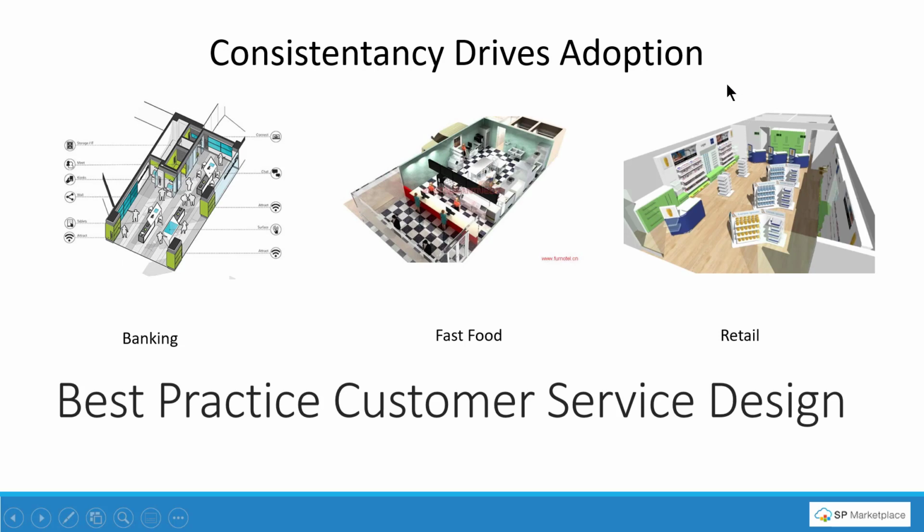Now, one of the things that we have found, and we've been doing this for 7 years and have over 1,000 accounts running our products out there, is we found that the core kind of secret to adoption is making things consistent. And if you look at it, a lot of what we're trying to do is provide products that are for end users, and we want them to adopt it. Well, if you think of those end users as customers there, if you take a look at industries that are very customer oriented or customer service based, one of the key best practices for them is consistency of how they deliver their services. And if you take a look at a bank, the whole industry, you walk into any bank, it's got tellers on one side, it's got desks on the other, and if you're going to do a transaction,